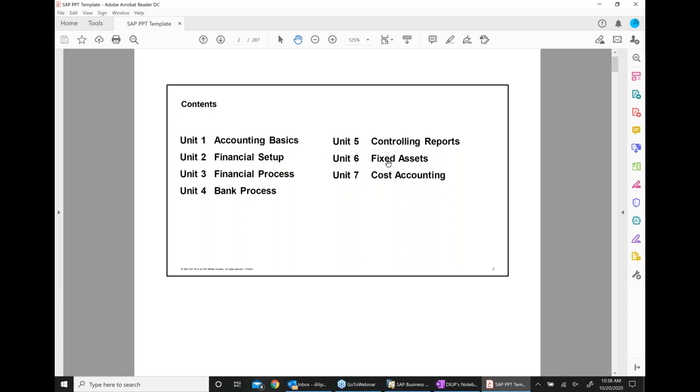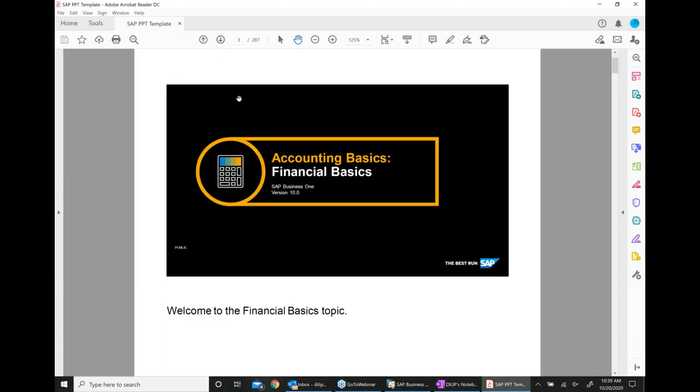There is a fixed asset module that we'll talk about, and we'll take an example of that. There is also cost controlling, and we'll talk about that as well. There is a banking process, and we'll talk about that as well. Financial processes, financial accounting basics. All those different processes we will be discussing in this topic. The good news is that the last PDF had more than 650 pages and this one has only 287, so half the pages, but we still have to go